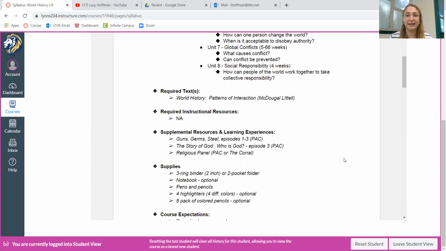they have that 3-ring binder. But I actually have had them make a world history folder on Google Drive and share it with me so that they are able to put all of their documents and things that they get from class there. This is a way to keep us organized, especially as we're getting into not just a new learning environment virtually, but as freshmen, a new environment physically as well.